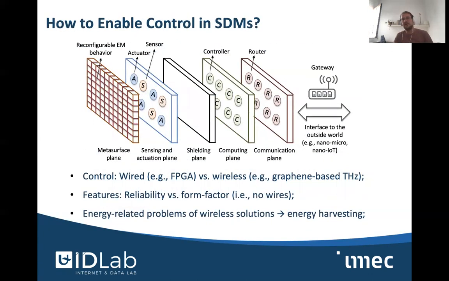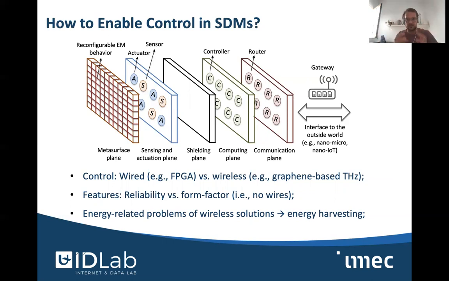Now to go into the architecture of a software-defined metasurface. You have a gateway on the right-hand side of the slide. The gateway is a connector to the outside world. From the gateway, information is sent to the routers. Routers distribute this information to a set of controllers, and then controllers change the electromagnetic behavior of metasurface elements, or take readings from them. This can be abstracted as communication between sensing and actuating elements and the controllers.